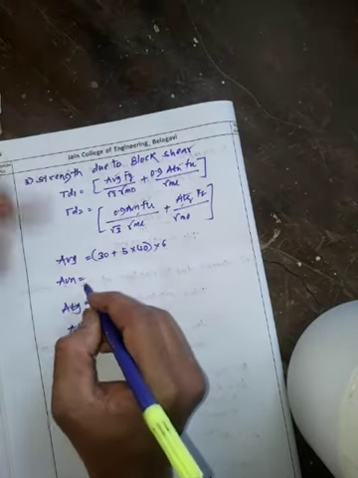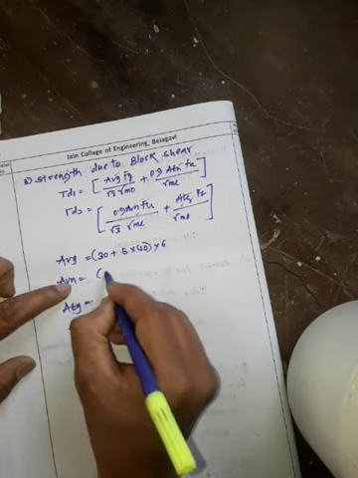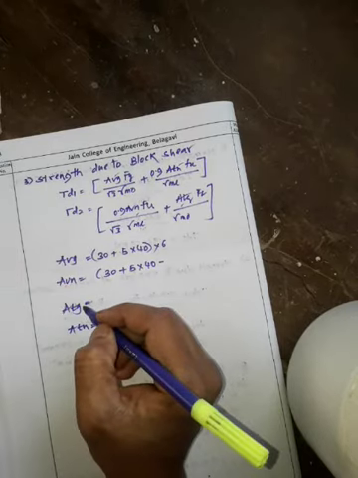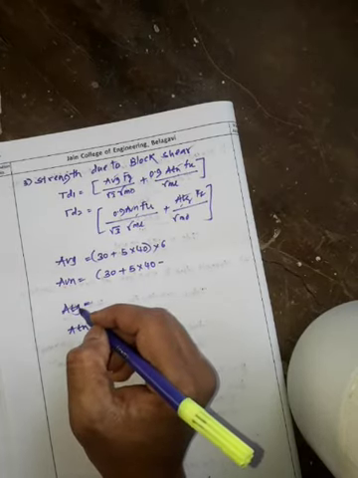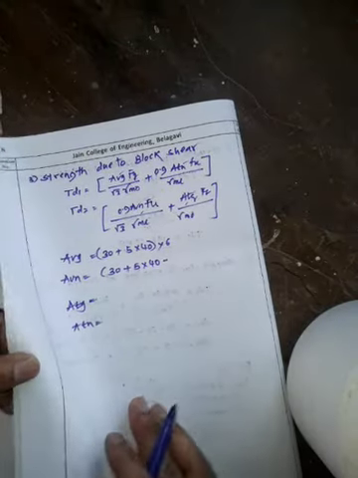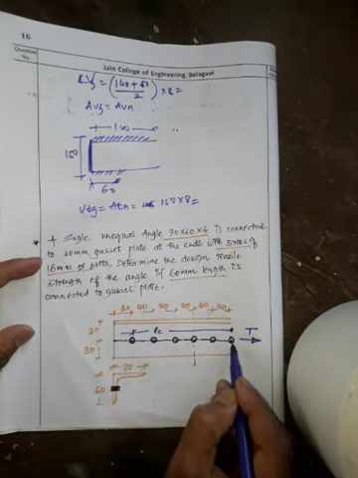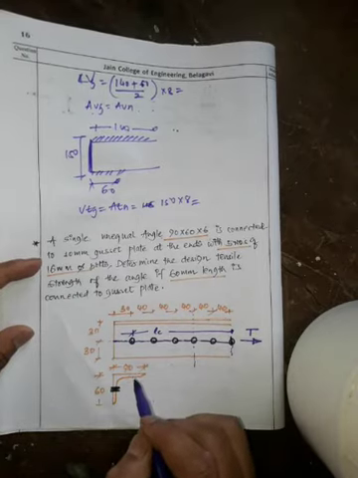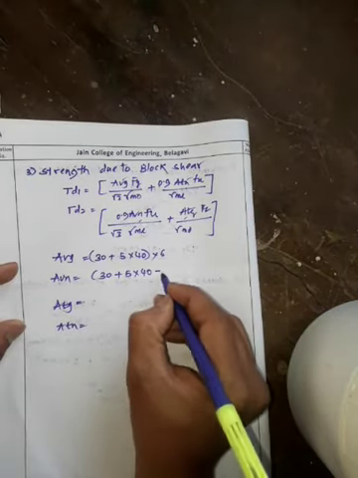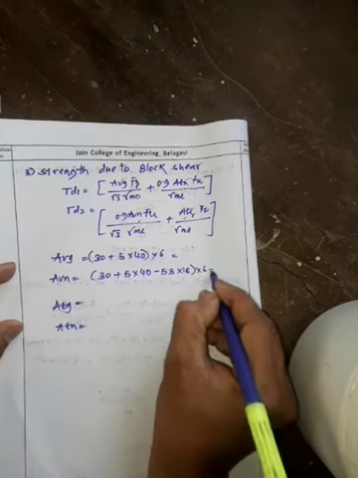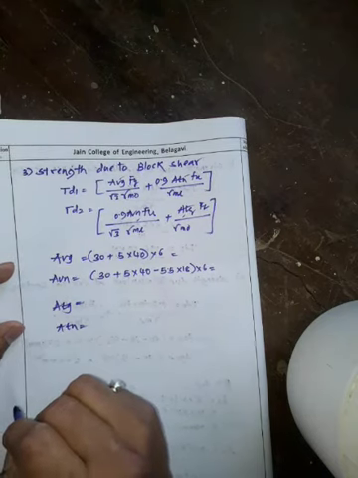What about AVN? AVN is the net area. So 30 plus again 5 times 40 minus how many bolts? The total number of bolts or holes is 6, but it will go up to the center of the last bolt. I will show you once again. It will go from the first bolt, second, third, fourth, fifth, but for the sixth it is only up to the center of the sixth bolt hole. So you have to take 5.5, that is 5.5 into 18 into 6. Understood? So that is regarding AVG and AVN.